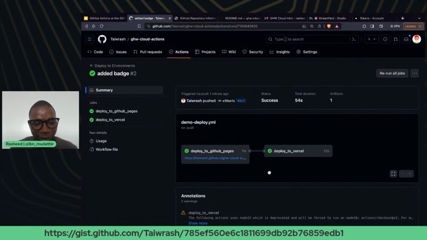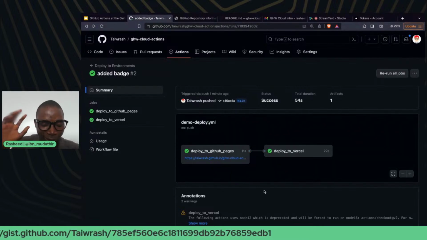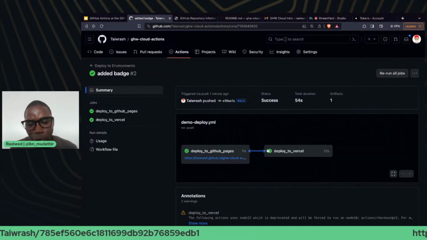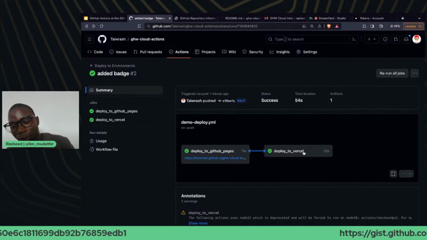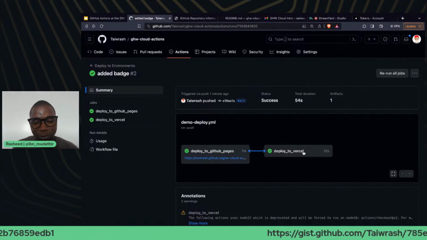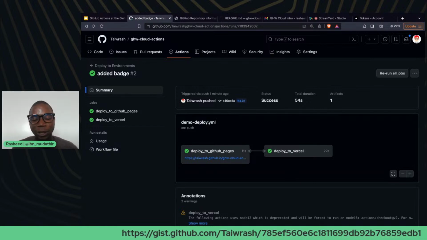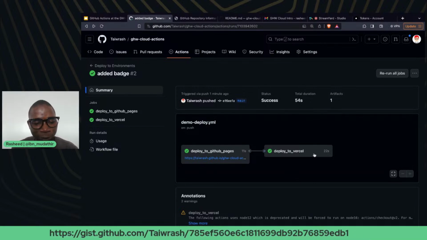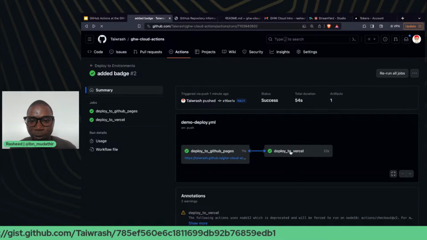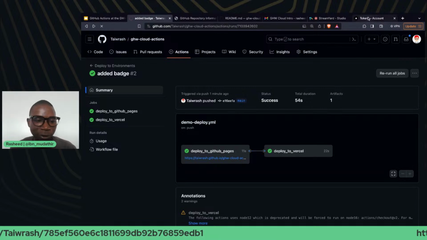Then it does not stop there. We can add a protection rule so that you need to review it before getting to deployment. You need to do a lot of things, but because of our time, I will have to stop here today. If you have a couple of hours more to come around and see how this thing works together, I'll be looking forward to doing that with all of us.